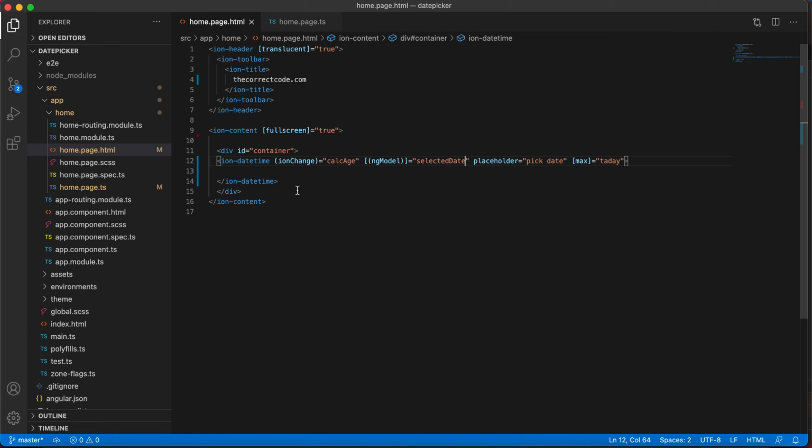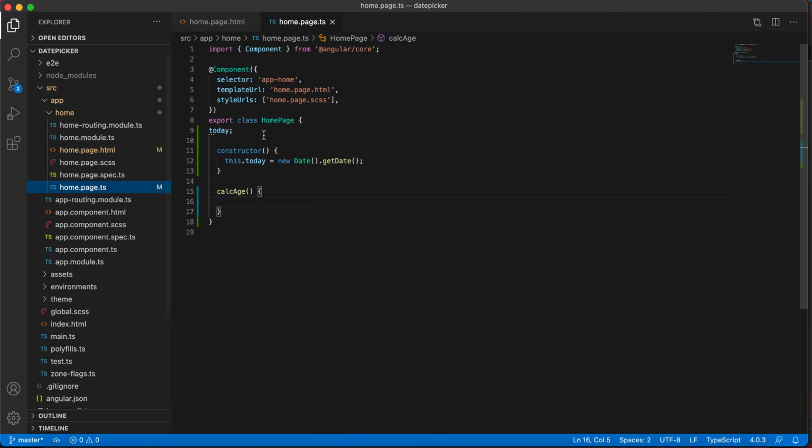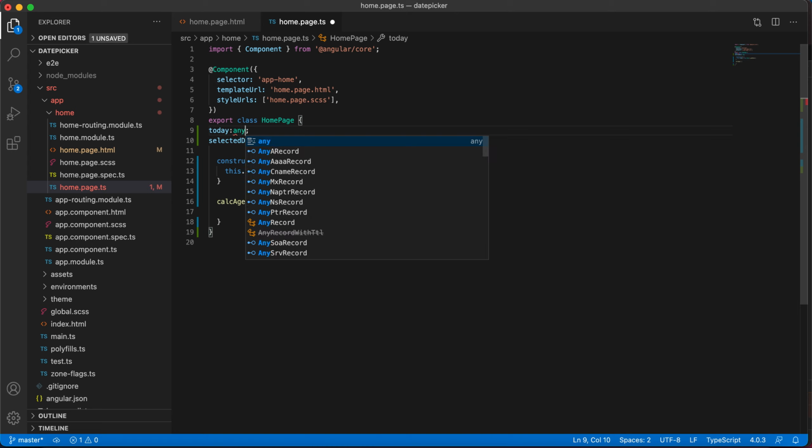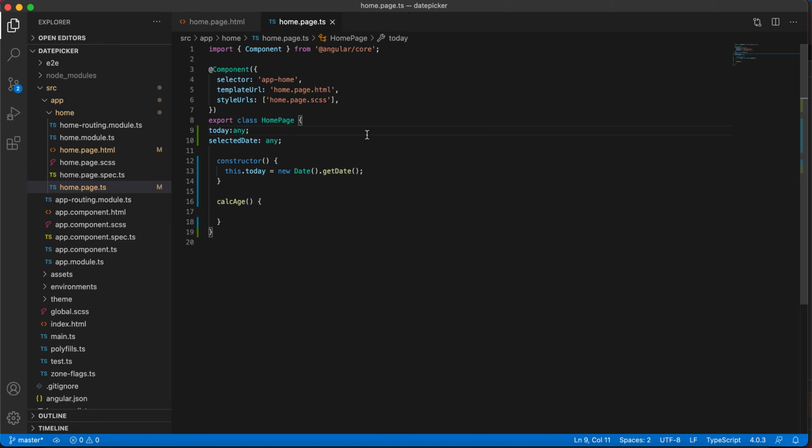So again, selectedDate we need to create as a variable. Now it's of type any. Now we have created a variable.